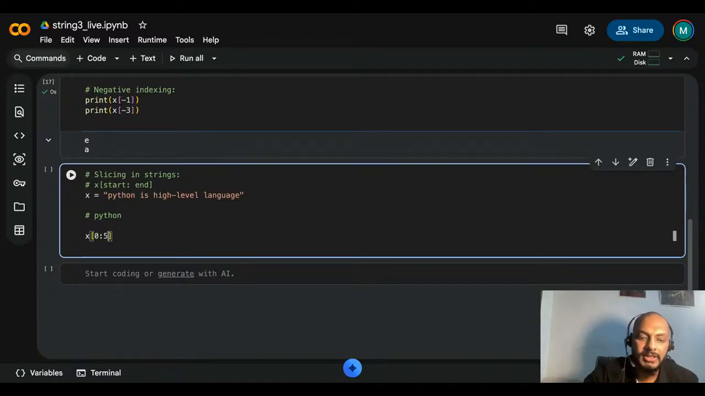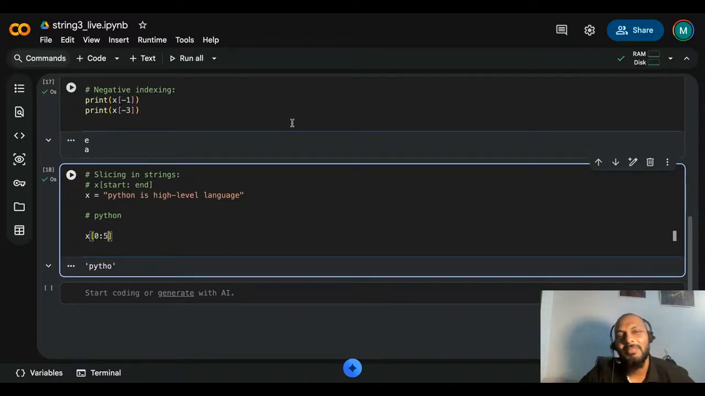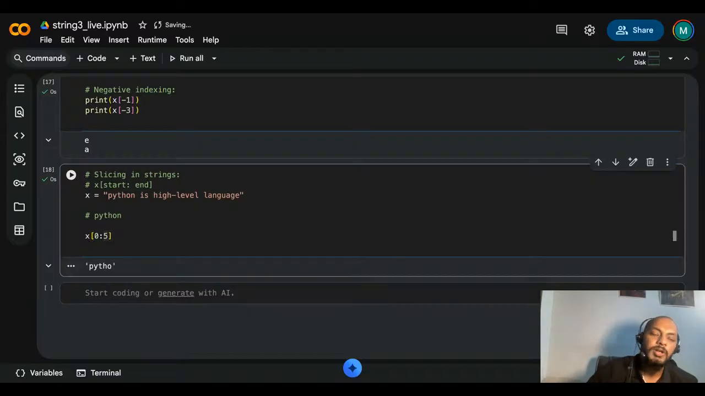Now if I run the code, you will see I'm not getting Python. No, no, no, I'm not getting Python. I'm getting Pyth. We are just getting Pyth. We are not getting N here. Why are we not getting N? We are not getting N here because there's a rule, and it says that